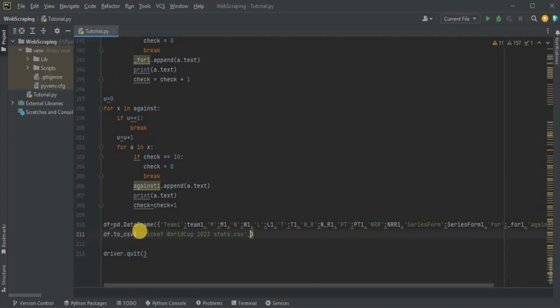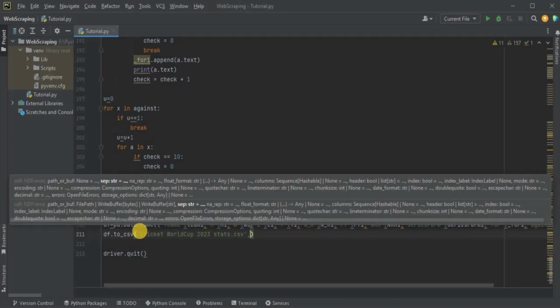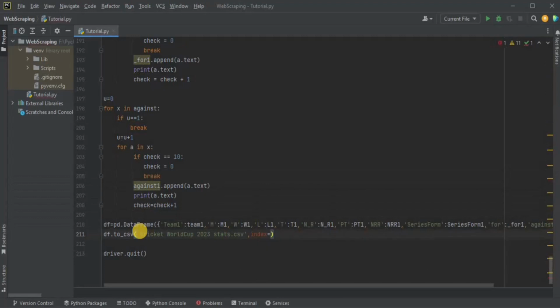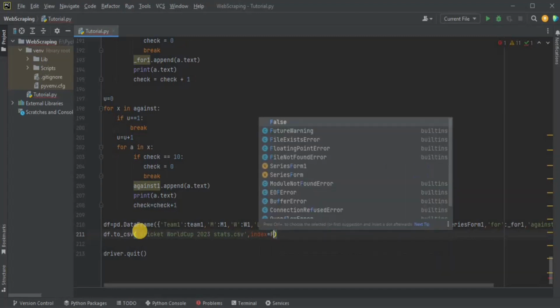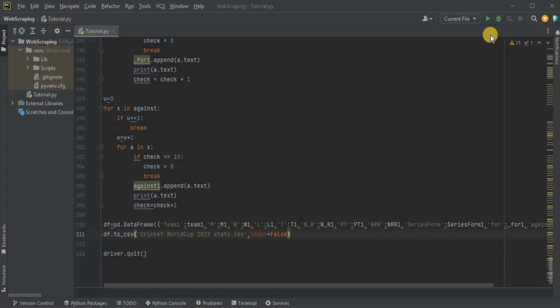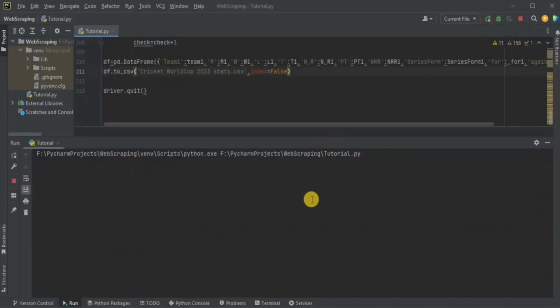Then place a comma to add the second parameter, which is gonna be the index. By default, whenever you write any data frame to CSV, the index is set to true, which means that every element of your file will be given an index numbering, but I don't want it to happen, so I'm gonna set the indexing to false. Alright, so once this is done, go ahead and run your project and wait for the data to be scraped